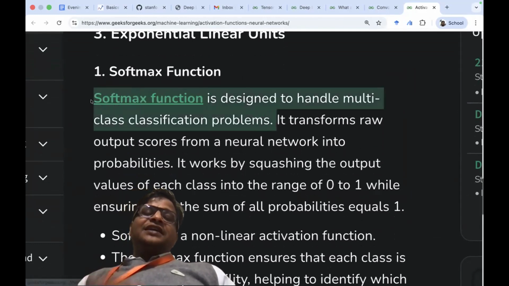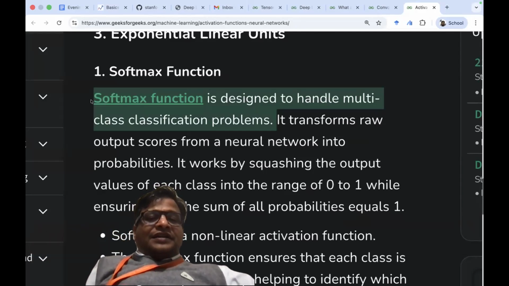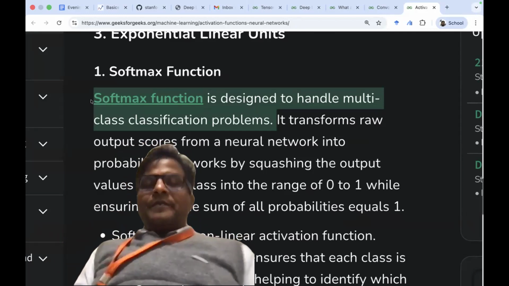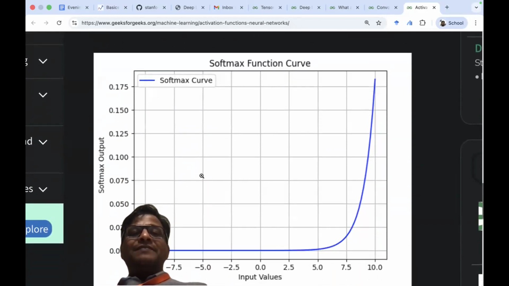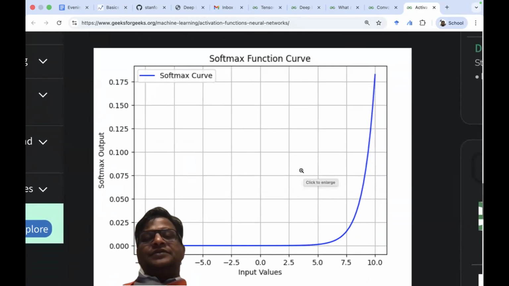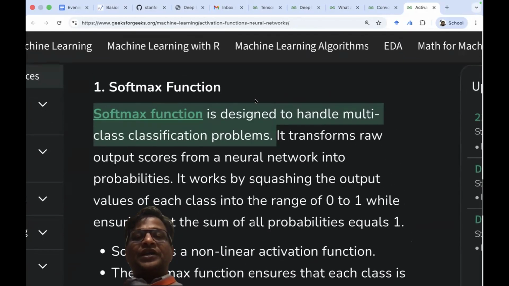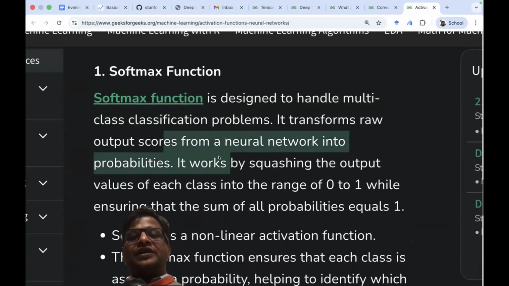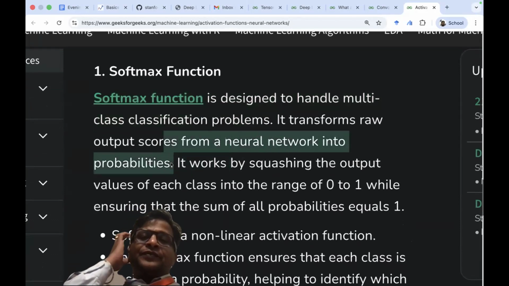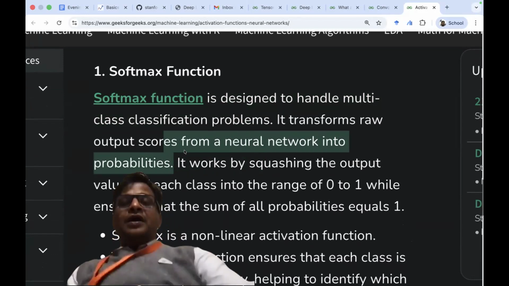ज्या वेळेला शेवटचा लेयर आपल्याला क्लास वगैरे काढायचा असतो त्यावेळेला आपलं ऍक्टिव्हेशन फंक्शन काय येतं, softmax. What is meant by softmax? We are taking probabilities of different outcomes, and out of that whichever is maximum we are shooting. So quickly we will read it. Transform raw output score from neural networks into probabilities. Correct. So softmax functionचा काय फायदा असतो की it transforms the raw output scores from the neural network